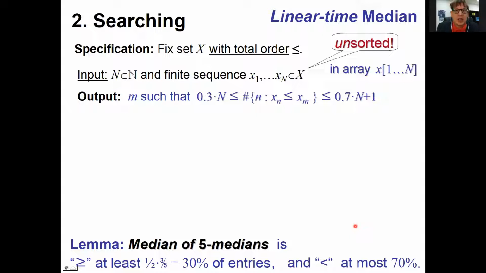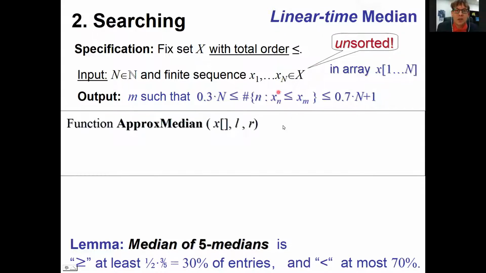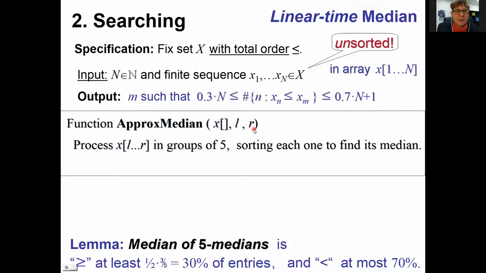And now we're going to design and analyze an algorithm that calculates this median of 5 medians, right? And that solves the approximate median problem. And this is the algorithm. The function approximate median receives as input the array in which we want to calculate the approximate median, and actually not in the entire array, but only in a subarray from position index L to position index R. So from L to R, that's a subarray. Okay. And the algorithm, based on the analysis we just saw,